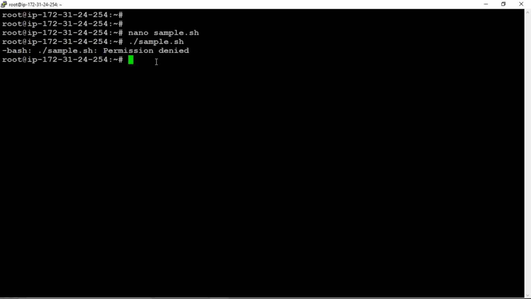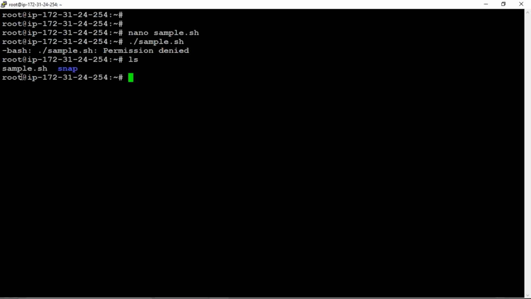So we have to change that file's permissions. Now check what permissions it has. First I am going with ls sample.sh. Yesterday I created files. Where are those files? Yesterday I created file1 directories, file1, file2, file3, and files file1, file2, file3, file4. Where are those files? Yes, in Ubuntu.